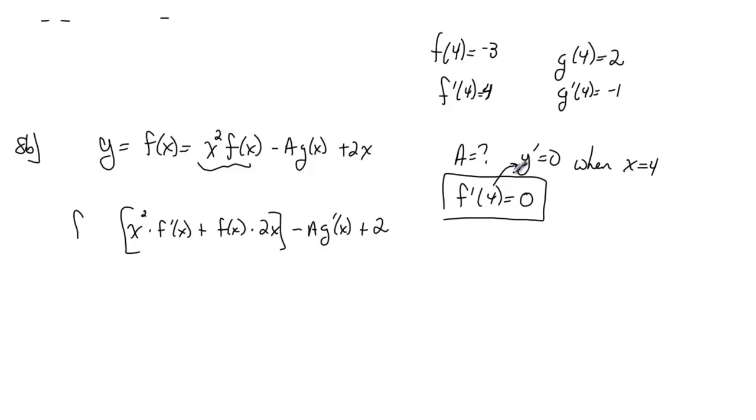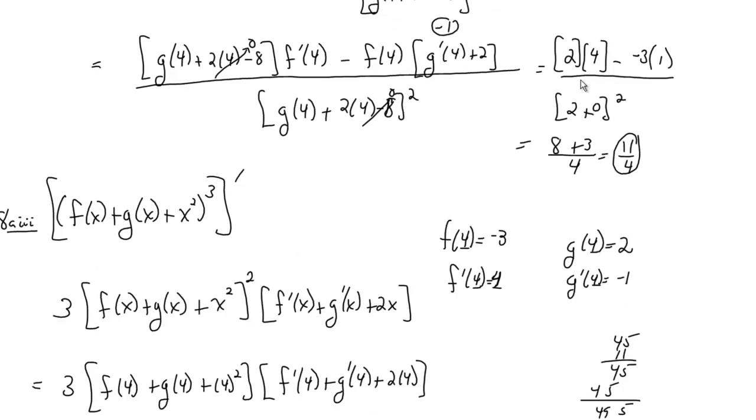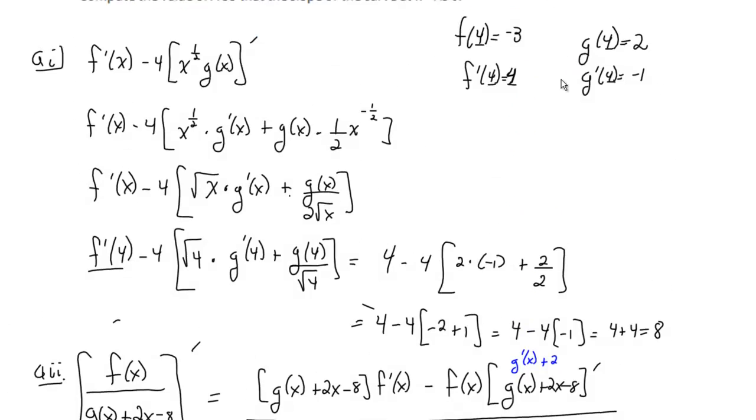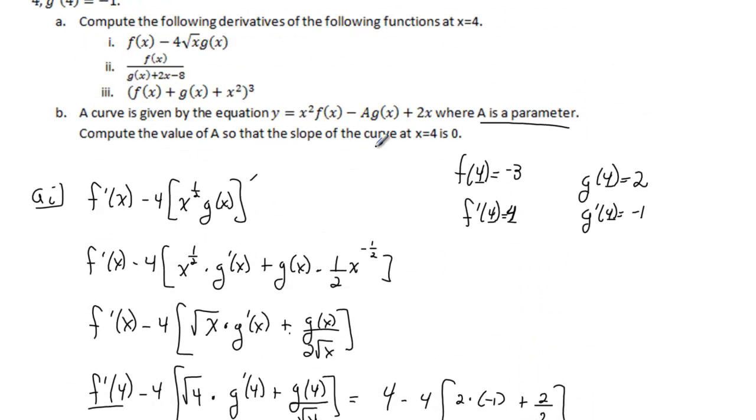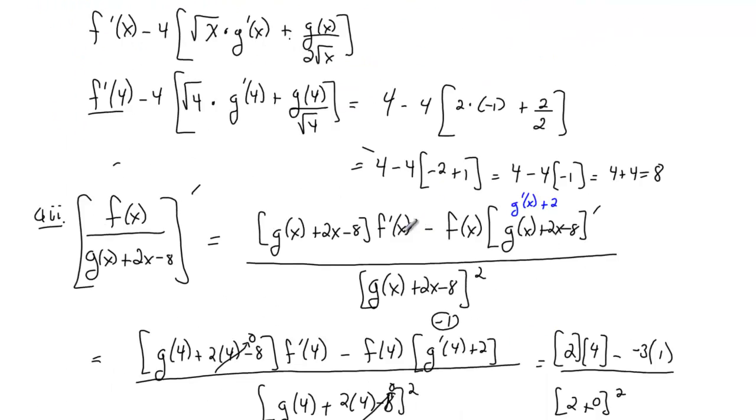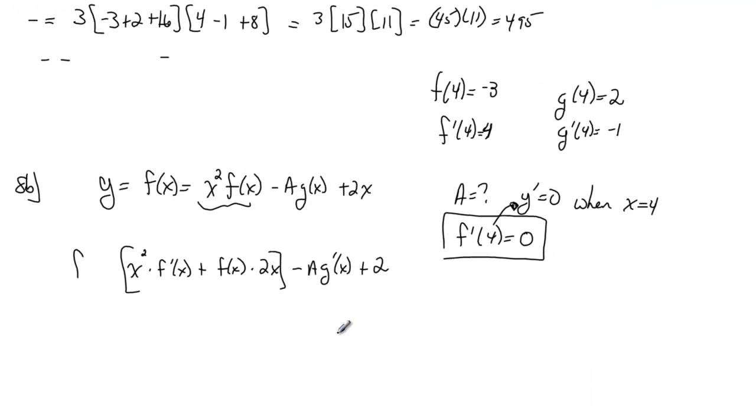So be very careful about how this translates. When we say this problem has the derivative equal to a value of 0 when x equals 4, or the slope of the tangent line is equal to 0, the slope of the curve is equal to 0 when x equals 4, that's really saying that y prime